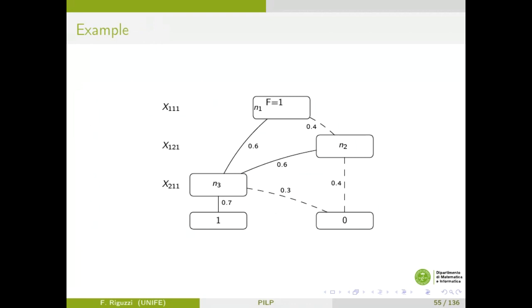Okay, let's compute the forward probability. So we start with the forward probability of the root, which is 1. We consider this node n1, and we update the forward probability of its children. The forward probability of the 0 child is the forward probability of the parent times the probability of the variable associated to n1 being false, which is 0.4. So the forward probability of n2 is 0.4. We can compute the forward probability of n3, which is 0.6 times 1